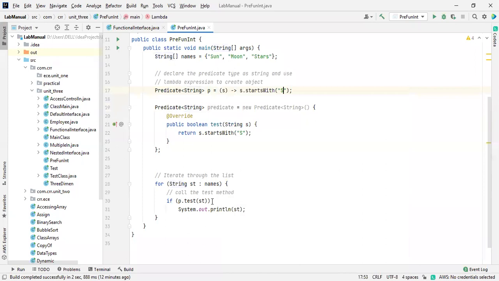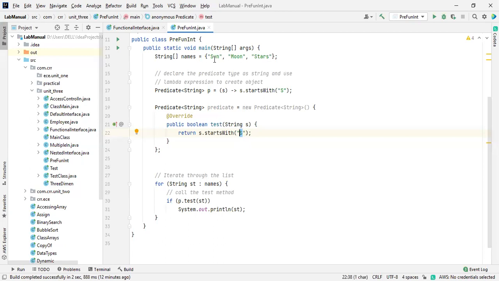This is the calling function. I sent it to this and then it returns over here. What does the return statement consist of? It takes the s which came over here and checks whether the value starts with s or not. Yes, sun starts with s.